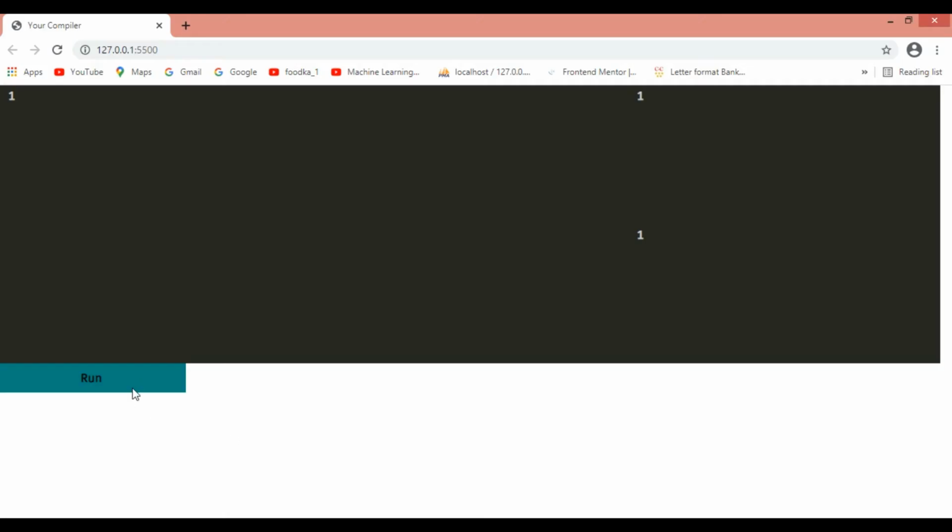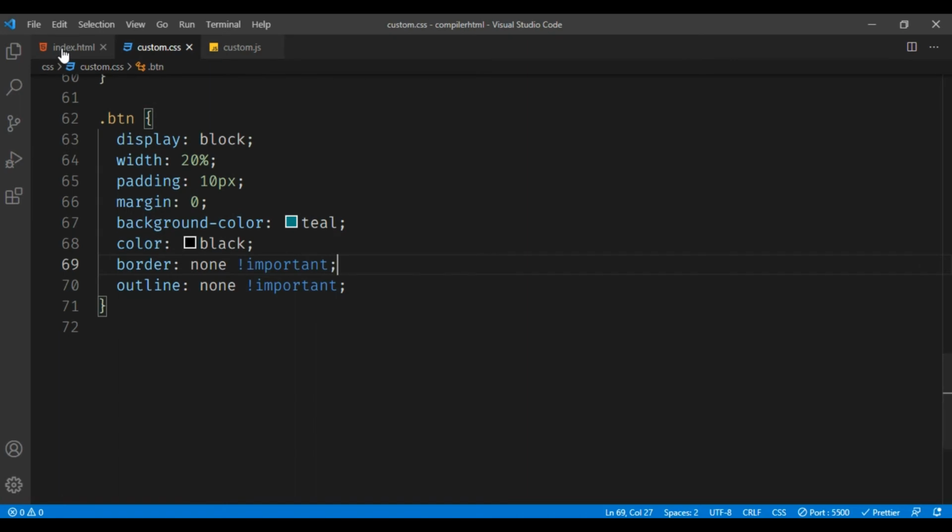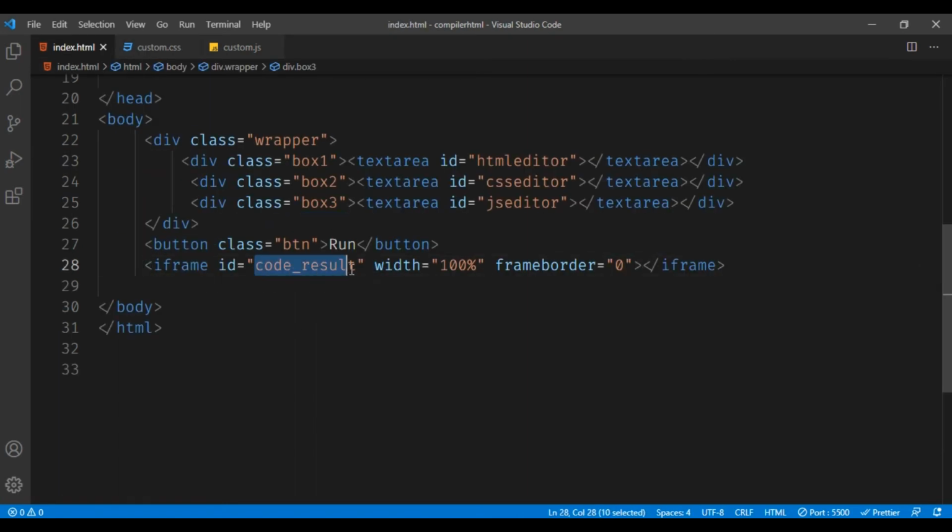Okay guys, now you can just see there is no border and outline. The last thing is we need to work with this code result.